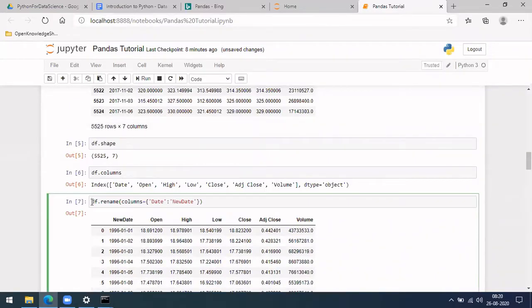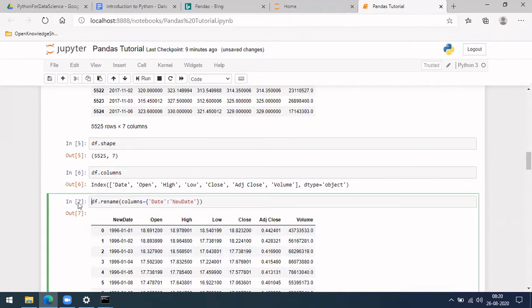In case we want to save it there, you have to assign it to df again, then it will change. Or if you want it in a new data frame, do df1, then the new data frame which it is showing will be saved in df1.